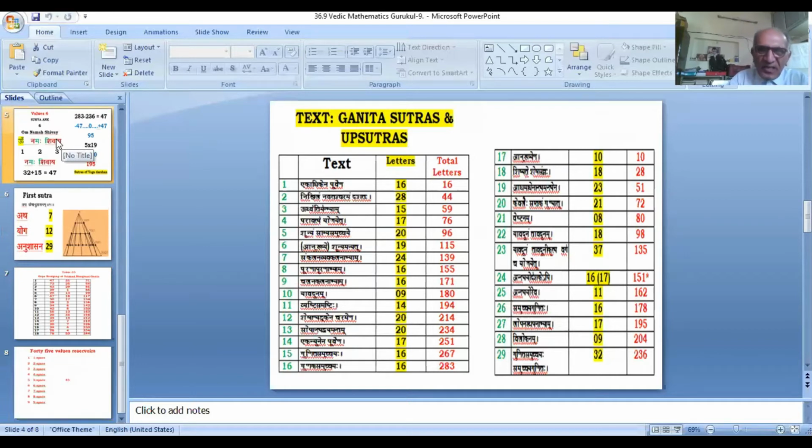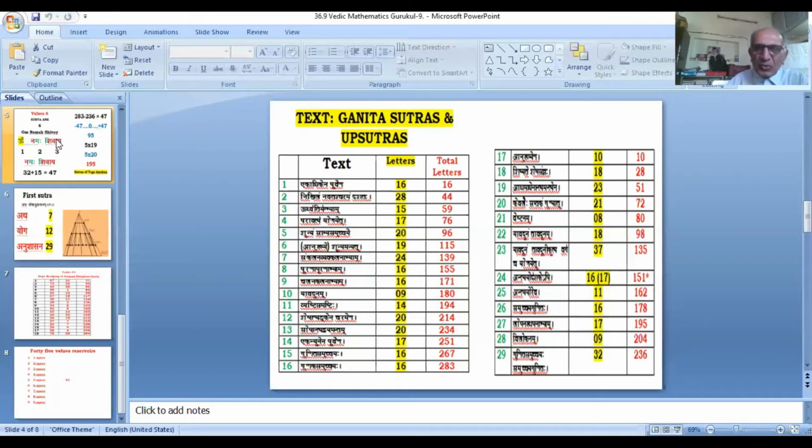We had seen that Ekadikein Purvain, the text of Ganita Sutra 1, being a composition of pair of words Ekadikein and Purvain. As such, we had a focus upon value 2 as a pair of words of the text of Ganita Sutra 1. However, today our focus is upon the total number of letters being availed for composition of the